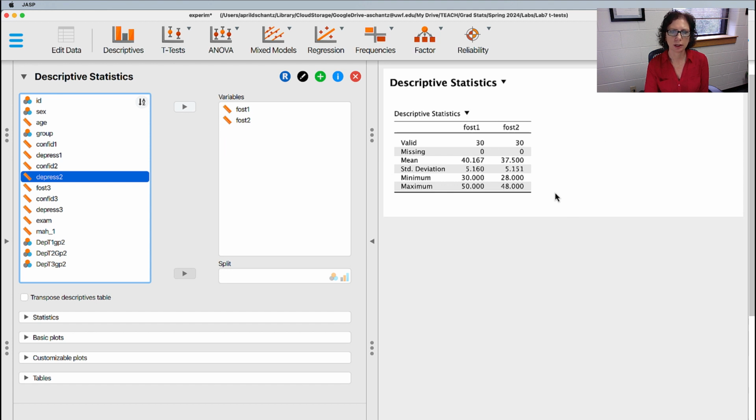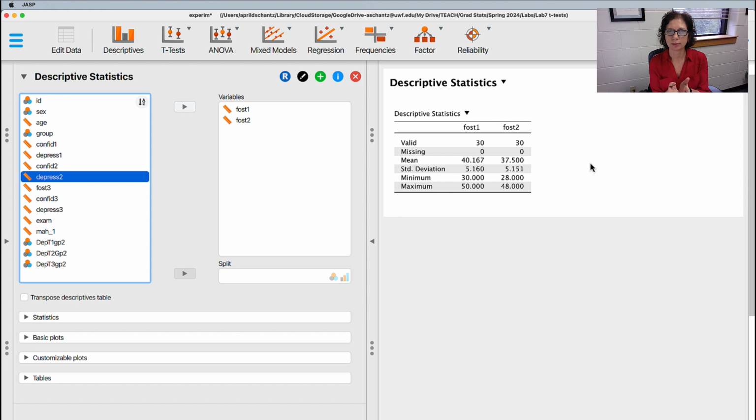And we already start getting some great information here. The mean and the standard deviation at time 1 and time 2. We can see there's a difference, 40 and 37, about 2.5 points different. Is it a significant difference? We don't know yet. But some of our first checks, our first preliminary assumption checks, especially when we have continuous variables like these, is are they